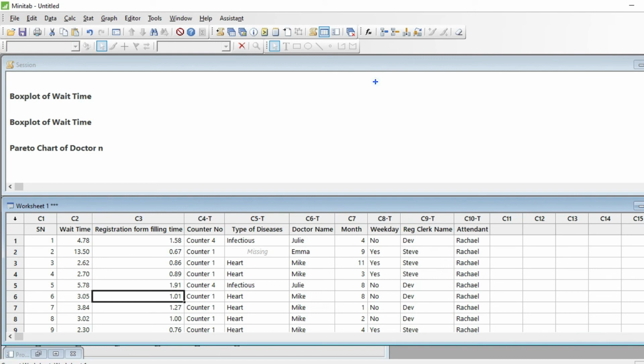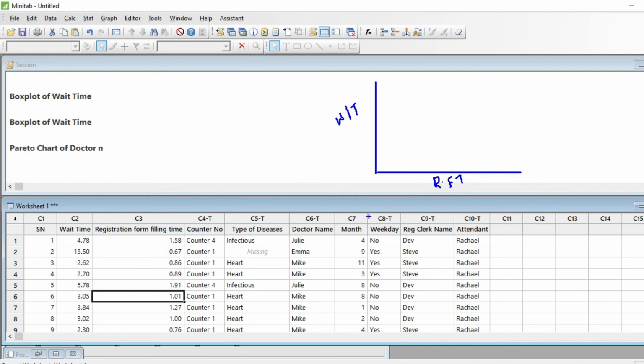So if I create a simple chart based on this, this is my y-axis and this is my x-axis, and on the y-axis I'm going to put wait time, and on the x-axis I'm going to put registration fill time.